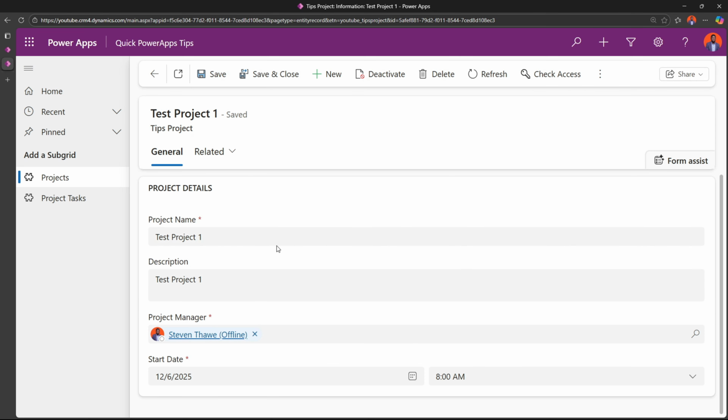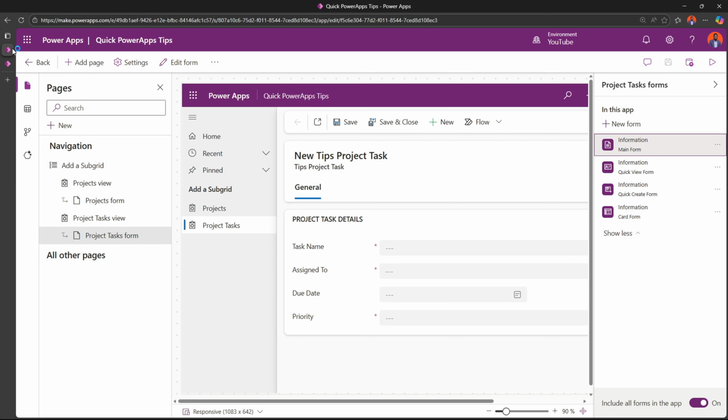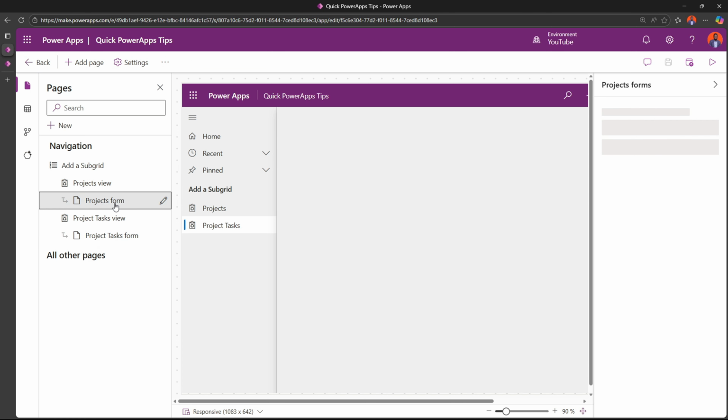As you can see here, I've added my project details here. But where exactly am I going to add the tasks? Because currently, there is no relationship between these two tables, and for us to add the subgrid, as I said earlier, the subgrid would allow us to see all the project tasks pertaining to this project right here, Project S1. To do this, I'll go back to my model-driven app editor, go to Forms,